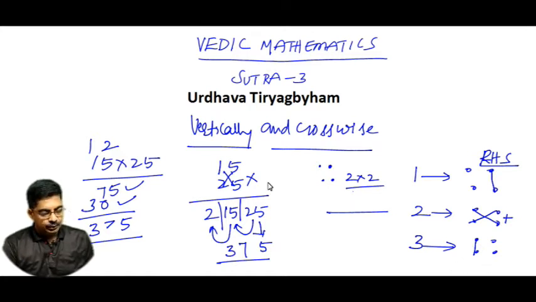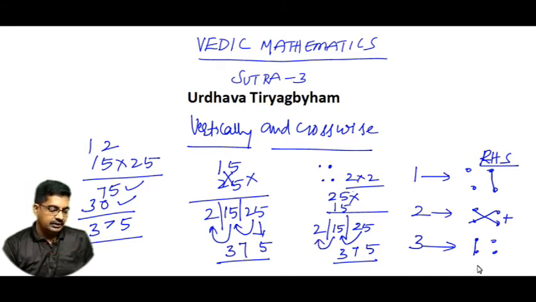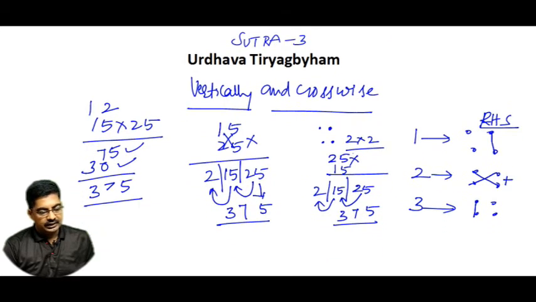Now the same procedure that I have done with 15 into 25. 5 into 5, 25 will come. 5 2s are 10, 5 1s are 5, 15 will come. And then 2 1s are 2. So just move these carries in this direction from right to left. 5, 15 plus 2 is 17, 1 carry is there, 375. This carry 1 will move here, 375 will come. So this is for any kind of number. Now I will explain with another example, so that you will understand it better.